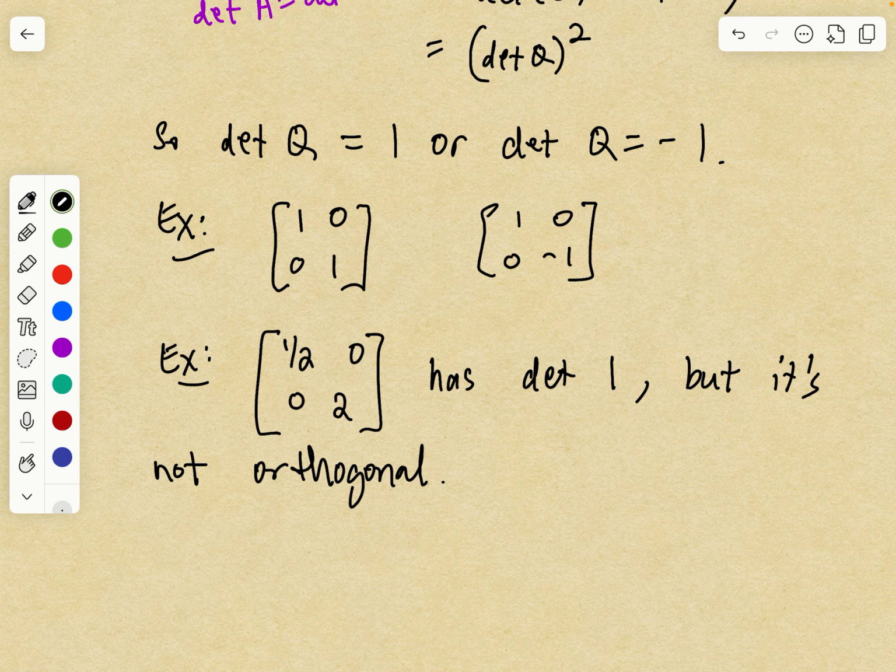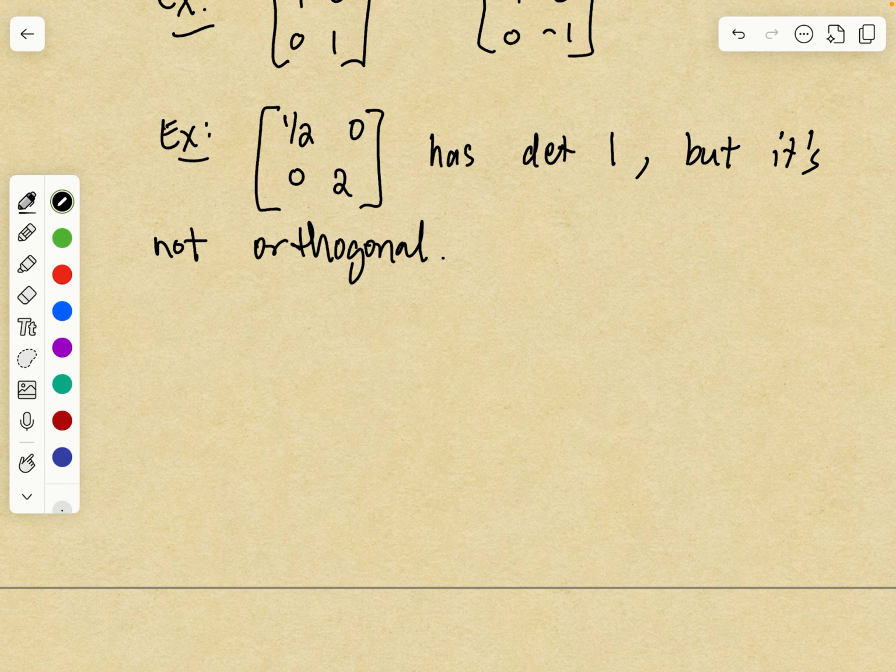As you can check, if you take this matrix transpose and multiply by itself, you don't get the identity. Or you can see that the columns don't have unit length. So orthogonal matrices have determinant 1 or -1, but there are plenty of other matrices that also have determinant 1 or -1. Well, what does that say about orthogonal matrices and how they affect area or volume? If you have, say, a 2 by 2 orthogonal matrix, and you use that and get a